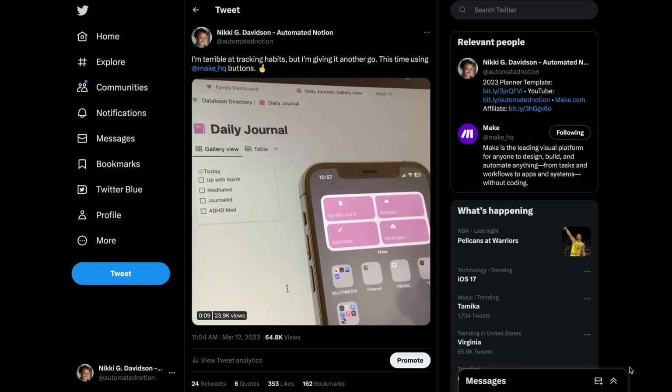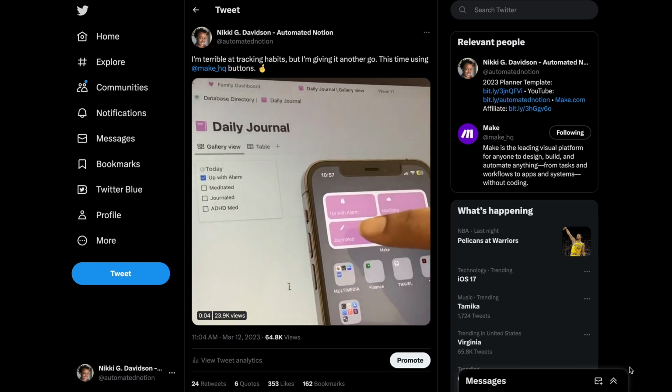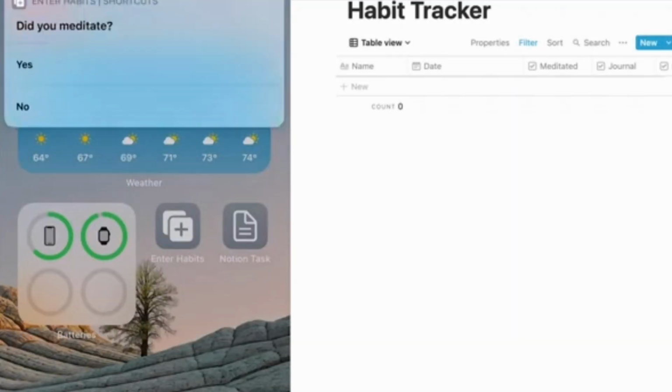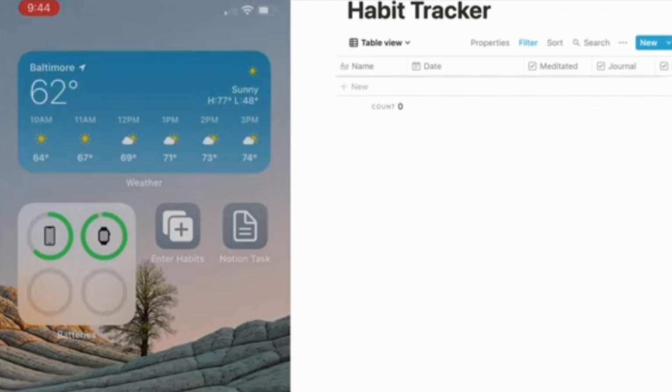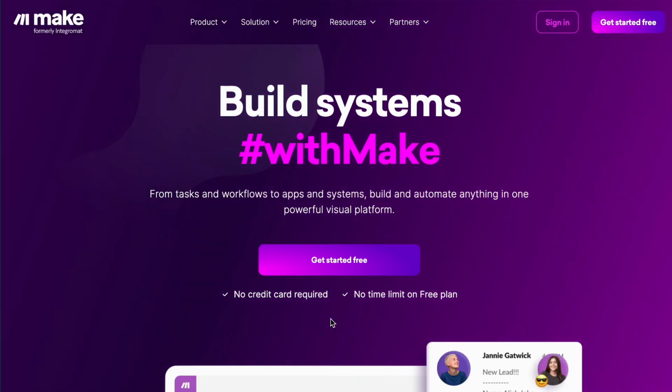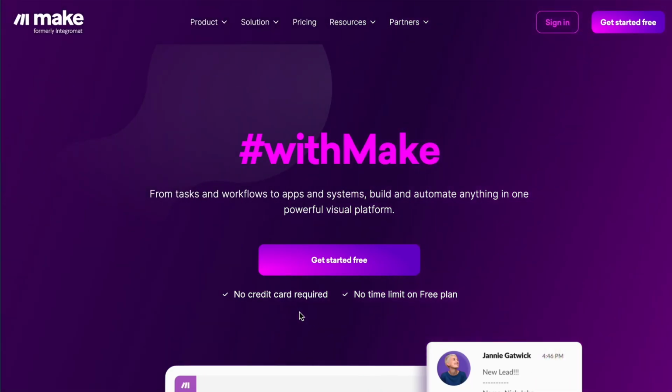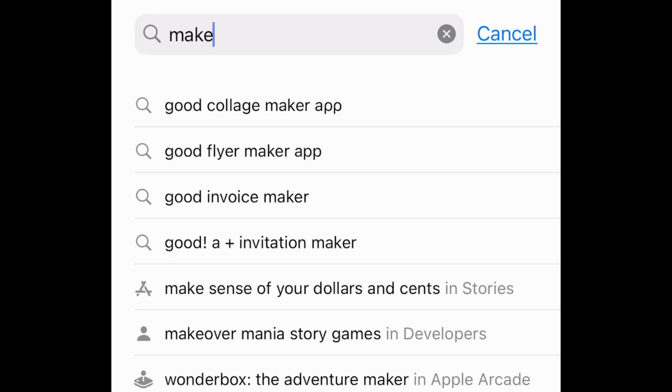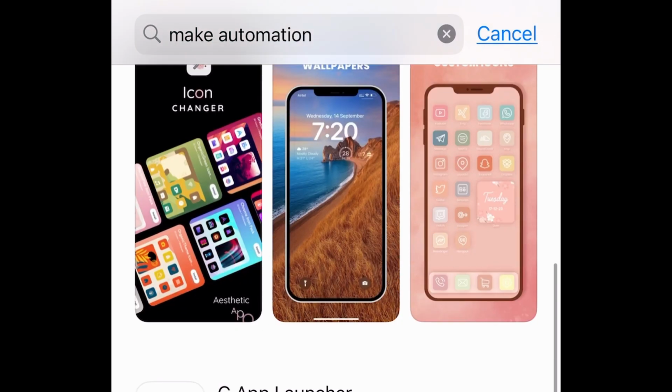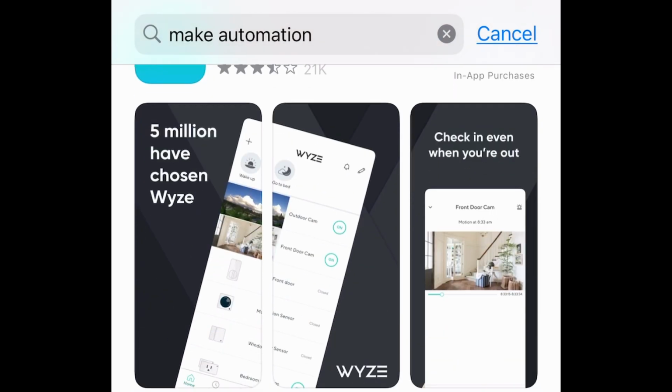Recently, I posted a video on Twitter showing how I've been updating my habit track within Notion using Make's mobile app. I've automated my habit tracking before using Apple shortcuts, but this time I'm enlisting the help of Make.com's, formerly Integromat, mobile app. I would love to drop the formerly Integromat line, but you need to know this to actually